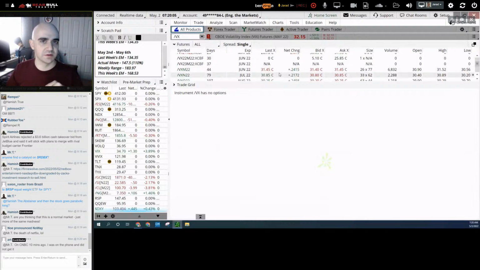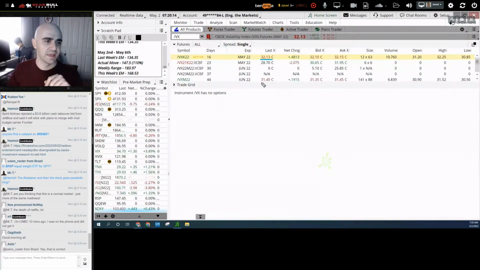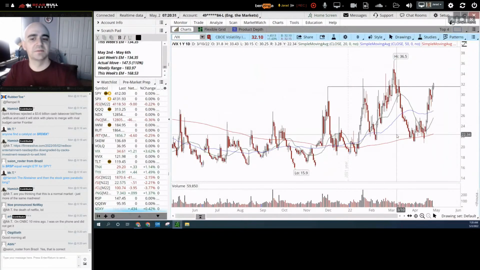And this is, of course, indicative of what we just looked at with the VIX, along with the VX futures. From last week, they did enter into backwardation. So your active contracts here are priced at 32.15, and then your June contracts, slightly out in time, are priced lower. So the market perceives more risk in the short term than it does into the future. This is all very typical of things that we see and we've seen recently.